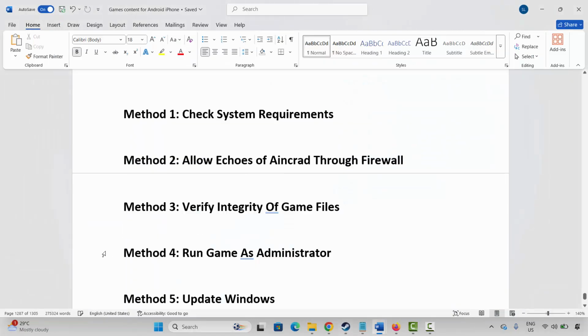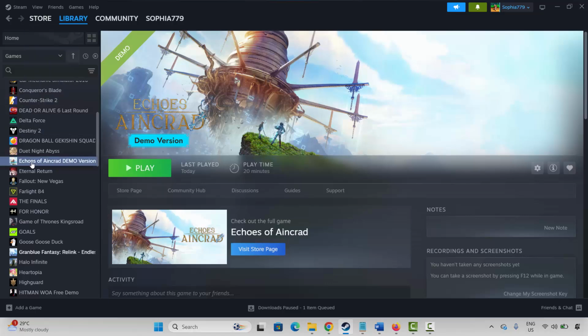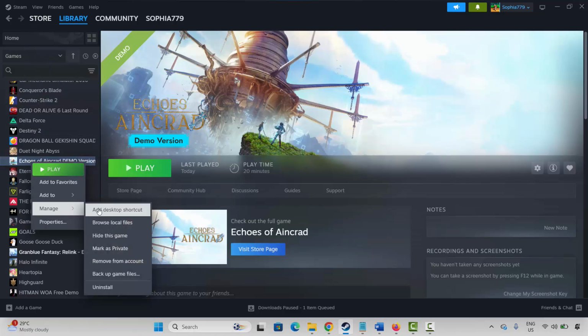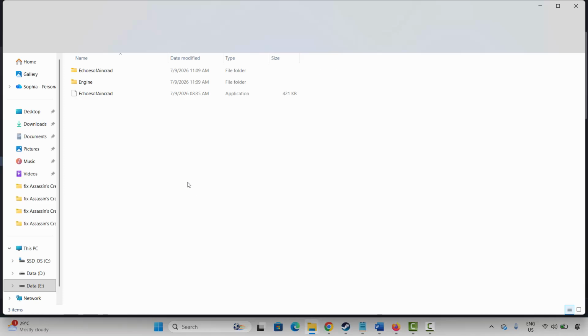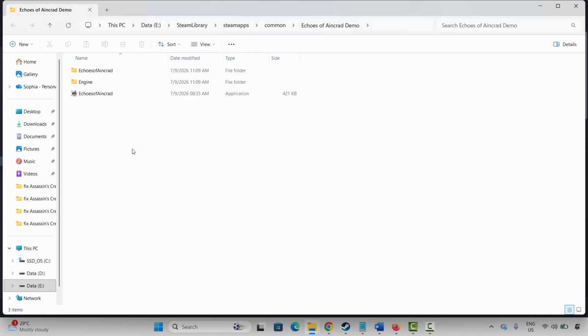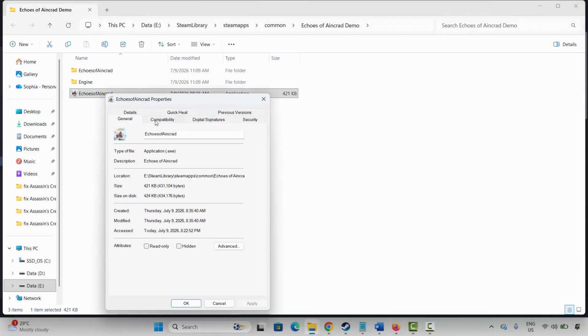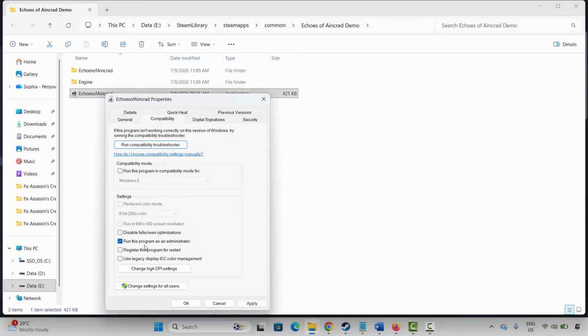If not, next method is to run the game as administrator. For that, go to Steam, under library section, select your game, right click on manage and click on browse local files. This will take you to the game folder where your game has been installed. Here you have to select the application, right click on it, click on properties, click on compatibility, and here you have to select run this program as an administrator, click on apply and OK, and after that launch the game